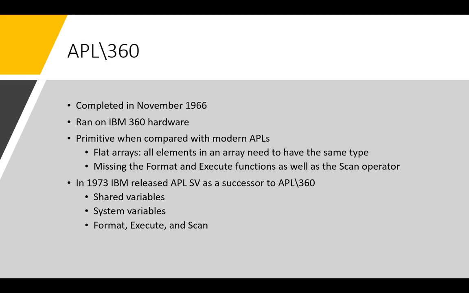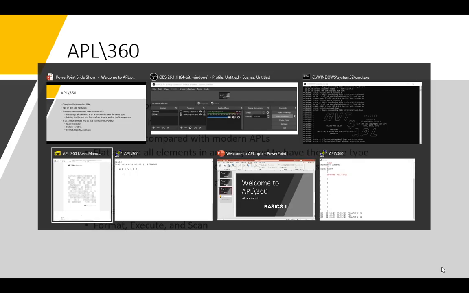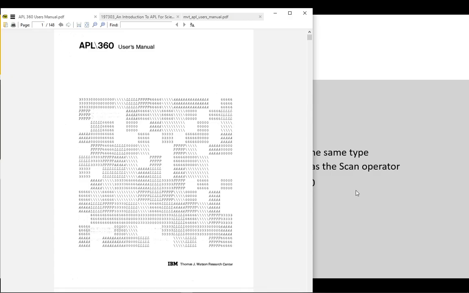For the remainder of this video, I'm going to be using the APL 360 User's Manual as a guide. I'm going to switch over to the manual now and just give you a quick overview of it. The manual's not terribly long, and I do recommend that you skim through it or read it if you have the time. I think you'll find it quite enlightening, and it is very well written. So I'm going to skip ahead to page 11,